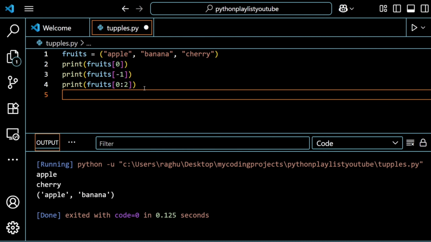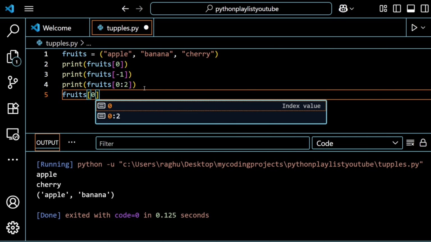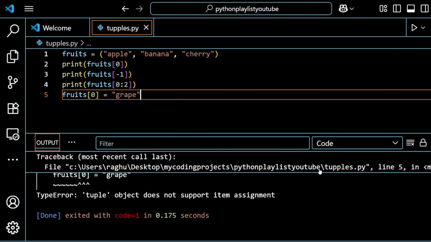Tuples are immutable. Here's where tuples shine: they can't be modified. You can't add, remove, or change items. Let's see an example. fruits[0] = "grape". This will raise a TypeError. Immutability makes tuples more memory efficient and safer to use when your data shouldn't change, like days of the week